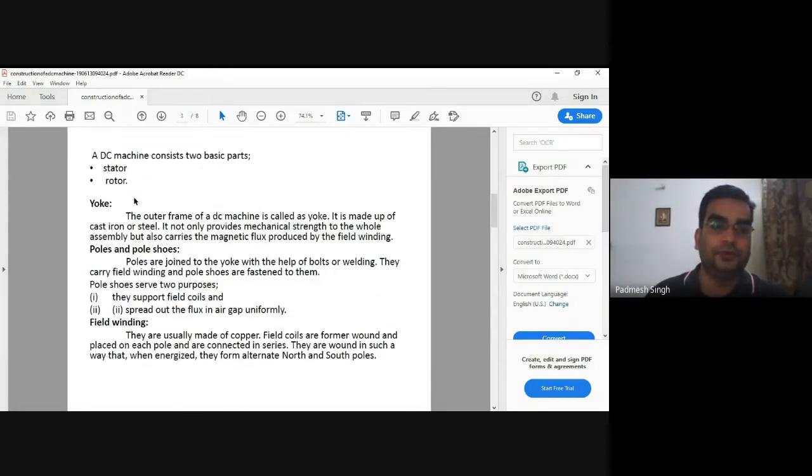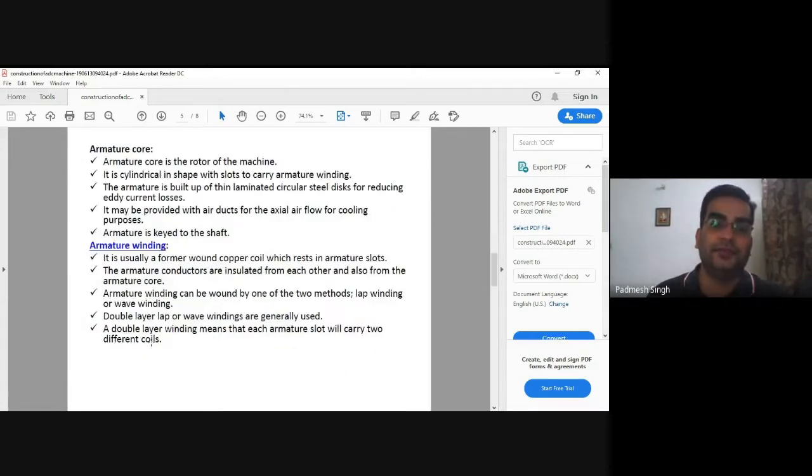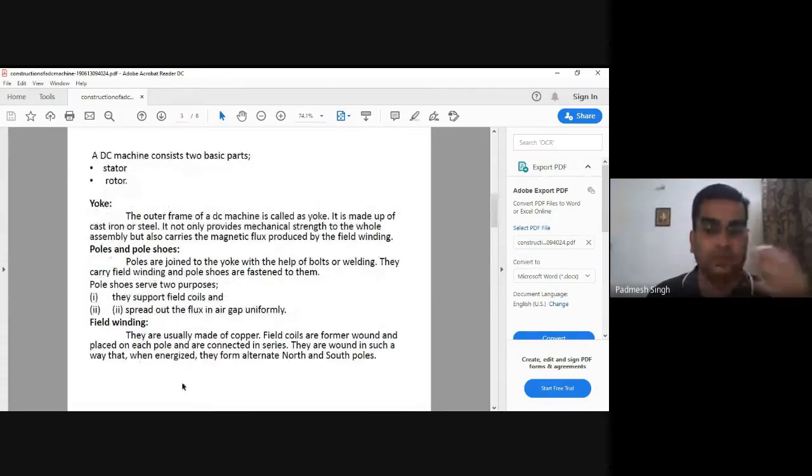As we know, the yoke is an outer frame which helps in providing a path to the magnetic flux. Poles and pole shoes are joined or welded to the yoke. They make the pole as well as support the field coils. And the field winding, here we can see, is connected in series, and